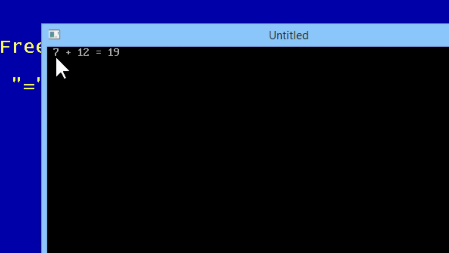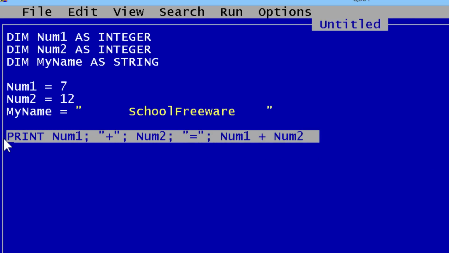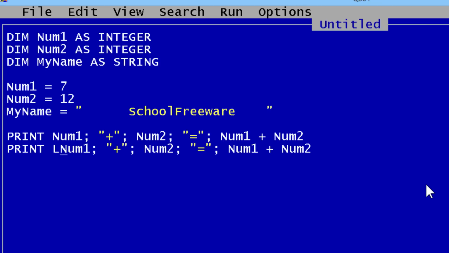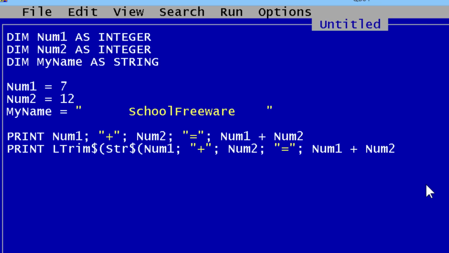We see that we have a space here before the 7, and I can remove that space with LTRIM, which I'll do right now. I'll just copy this line. And because LTRIM works with a string and num1 is an integer, I must convert that integer to a string.